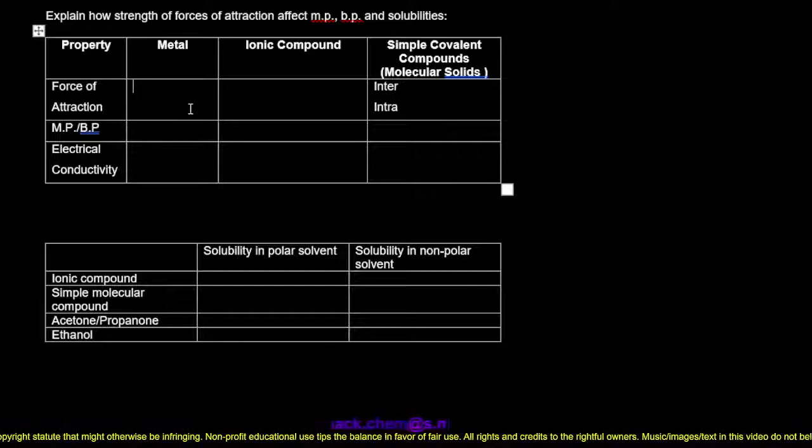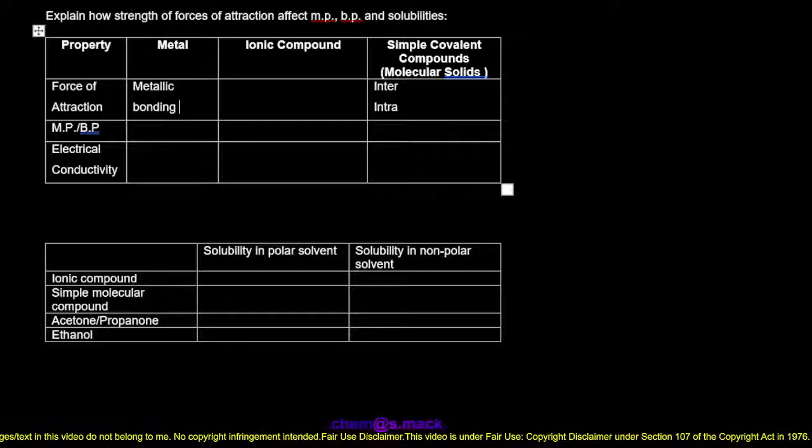And let's look at the forces of attraction found in each type of substance. And I will reflect on its melting point, boiling point, and electrical conductivity before we move on to our second table, which is on solubility. So in a metal, there exist metallic electrostatic forces of attraction between the delocalized sea of electrons formed when metal atoms contribute their valence electrons to their crystal lattice and the corresponding